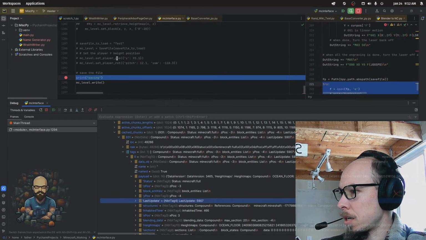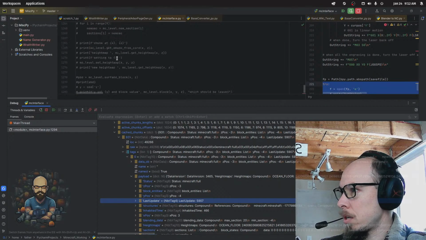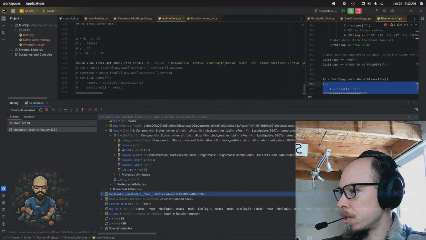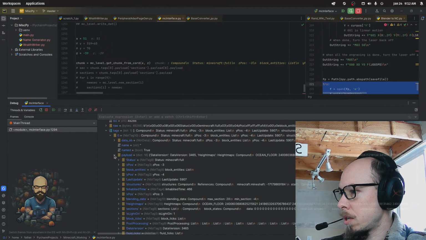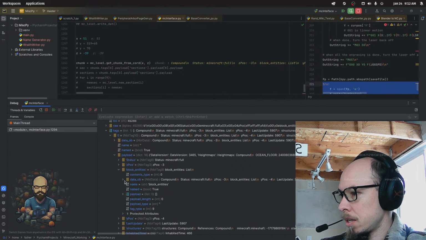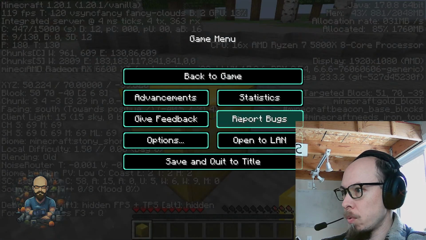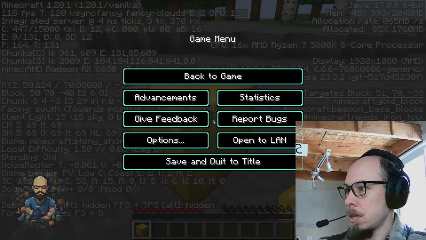Let's see here. Chunk equals get chunk from coordinates. So we should be able to just find this. Yeah, chunk. Payload. Yeah, here we go. Same thing. Block entities. So it has no block entities in it right now. But if we were to say